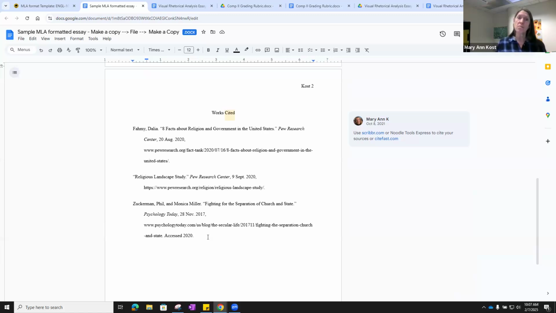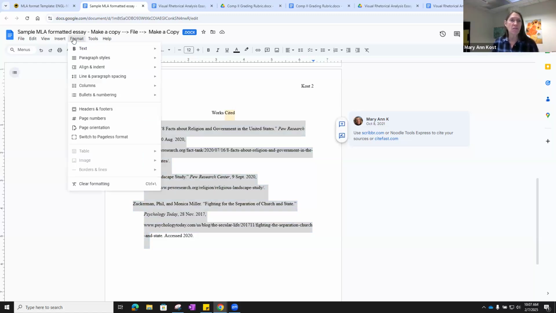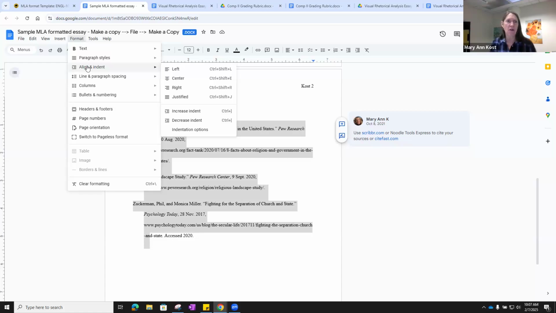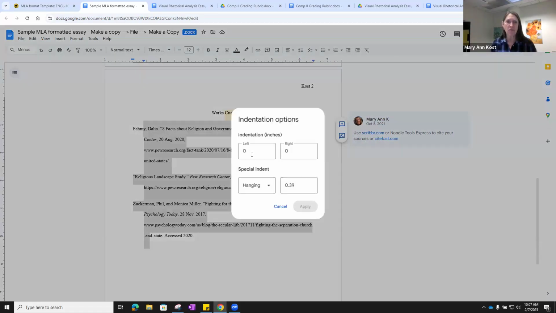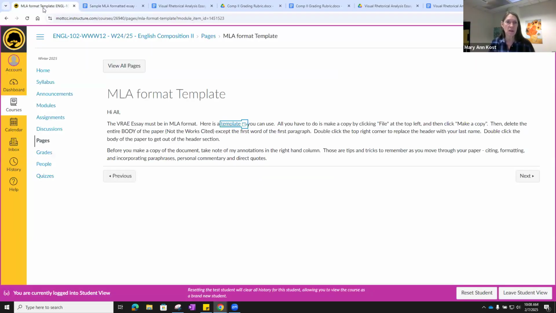If you have a video, the advertisement should be on here in addition to your two sources. How you do a hanging indent is by clicking the line or the whole thing, and then going up here to Format. You should probably write this down: Align and indent, Indentation options, Hanging, and then 0.50. Sometimes that 0.50 isn't there, so you have to type it in, but take note of what these numbers are in case they're not there. So 0 and hanging at the bottom, and 0.5, and then you apply. So there is that. Let's go back over here.